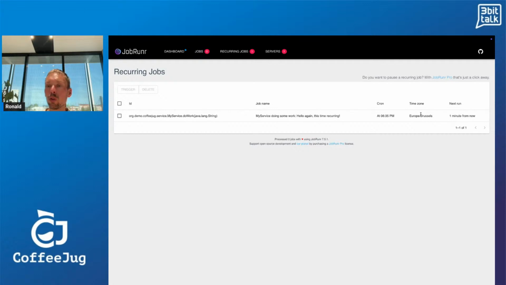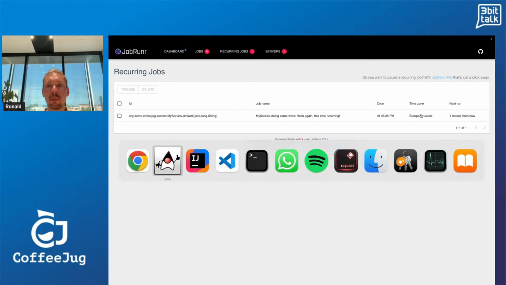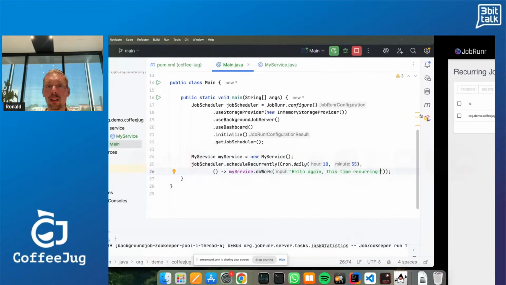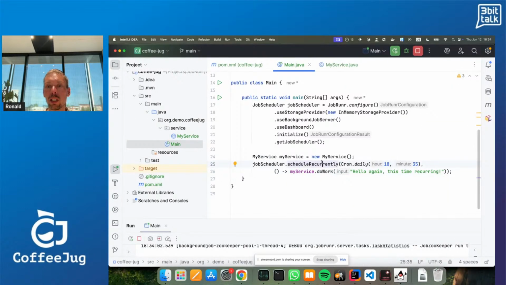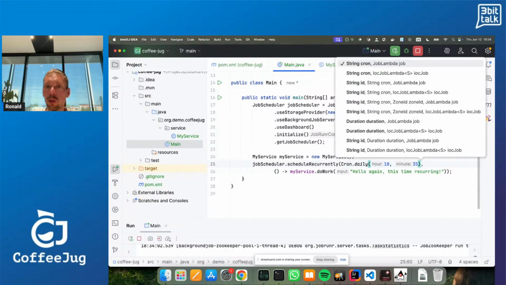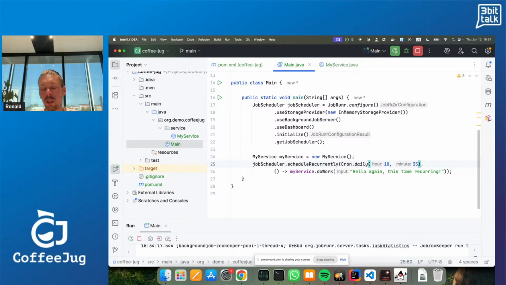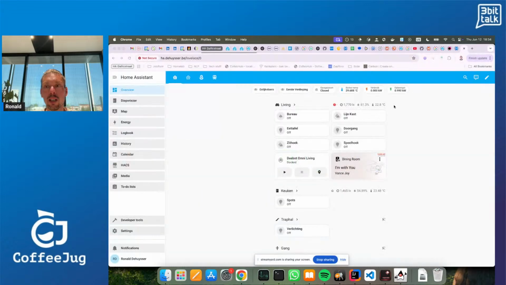So let's say that you want to run jobs at 6 p.m. Ukrainian time, but you also want to run jobs 6 p.m. Belgium time. Well, that's also all possible. You can just go to here, and you can also pause, if I'm not mistaking, the zone id. So the time zone in which you are, and then automatically it will show it in the dashboard and run it on the current time.